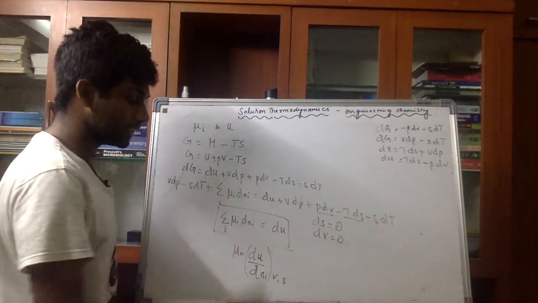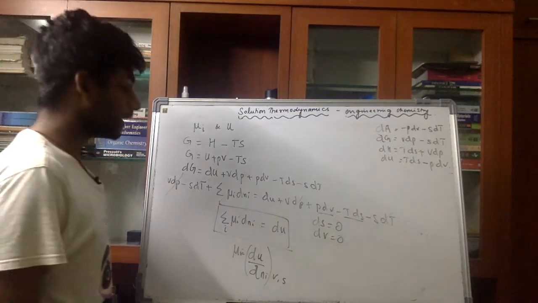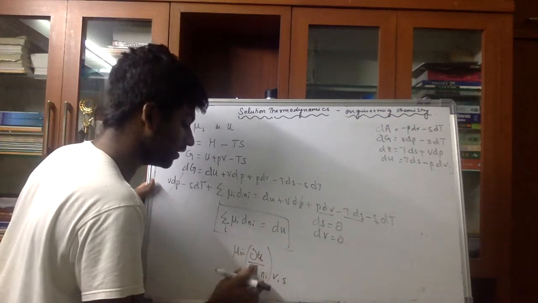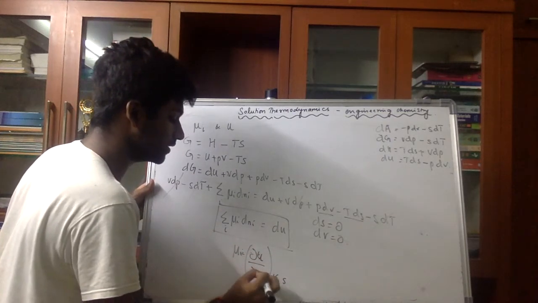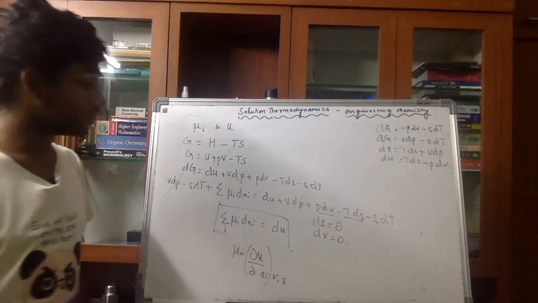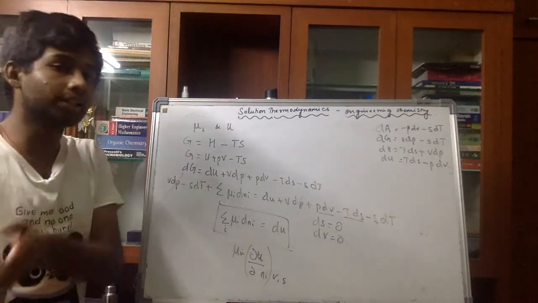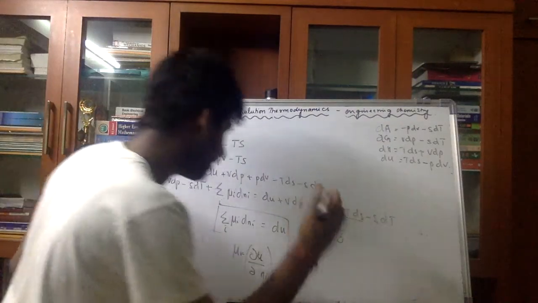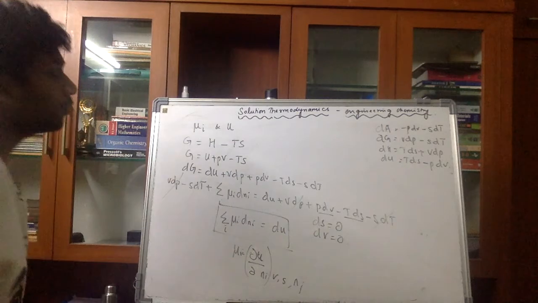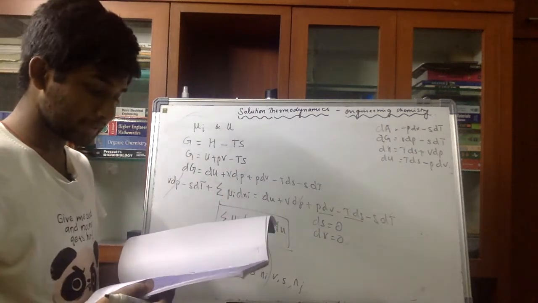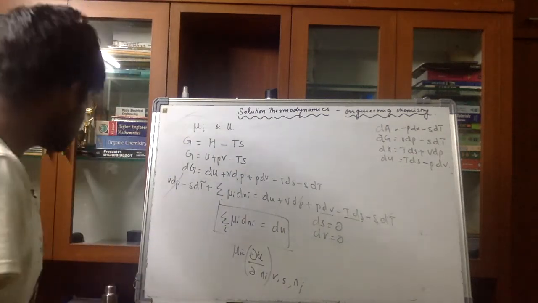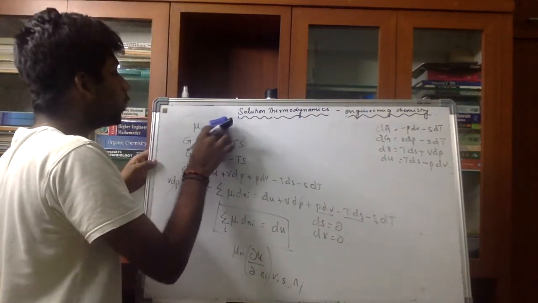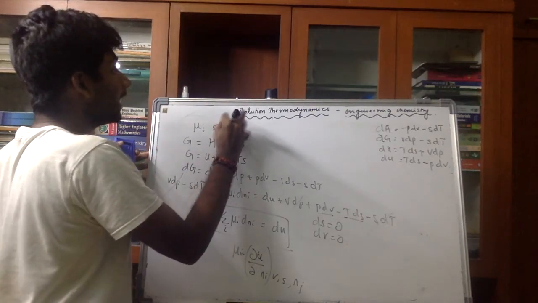And then I'm taking dni to the other side and then finding a relation for mu I with respect to it. So I think I'll bring in the partial derivative factor because that is the definition. So mu I is equal to dou U by dou ni, but then the condition is constant entropy, constant volume, and obviously your Nj, which is the number of moles of the other component, must be constant.